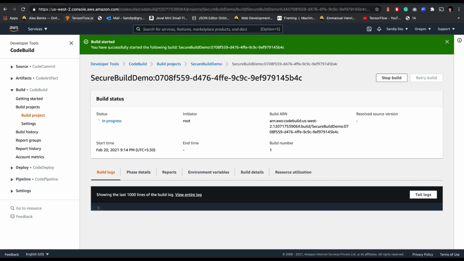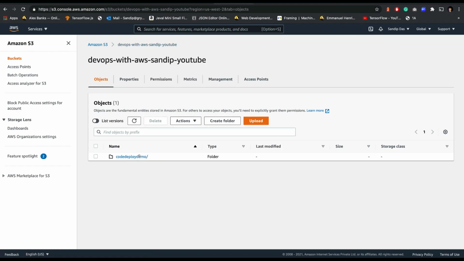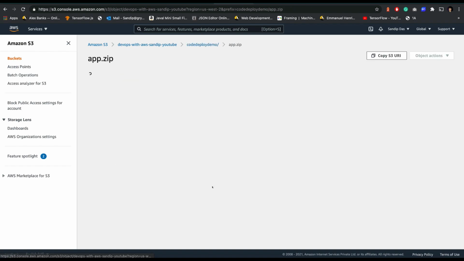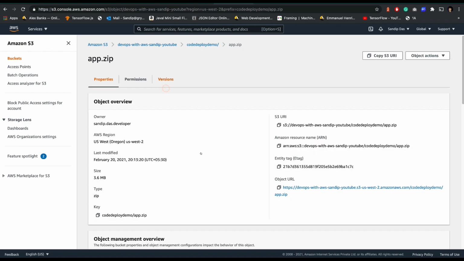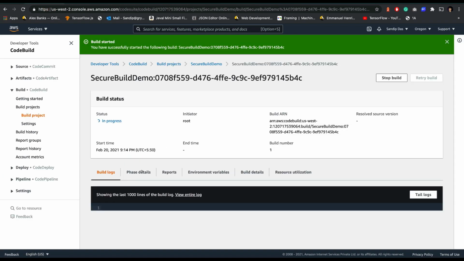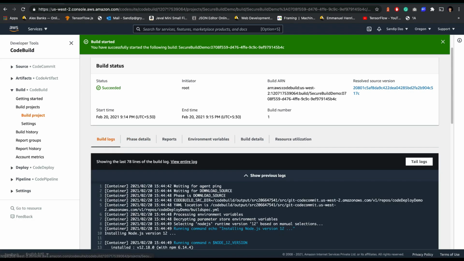Let's go to the bucket. Okay, this is the bucket, if you remember. Let's go there. Okay, give it some time, it will load. Okay, in the versions you'll see, let's see success or not yet, phase details, and it's all done, so it's success. So just refresh the page.